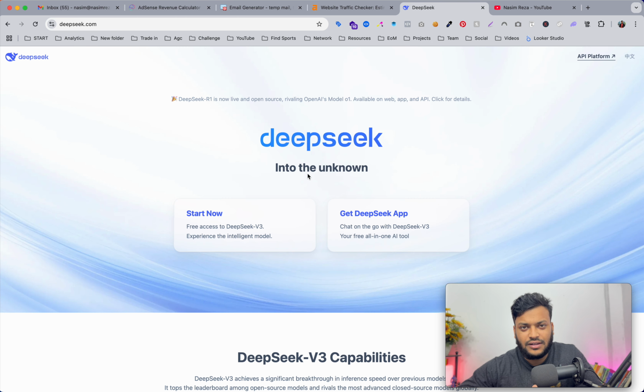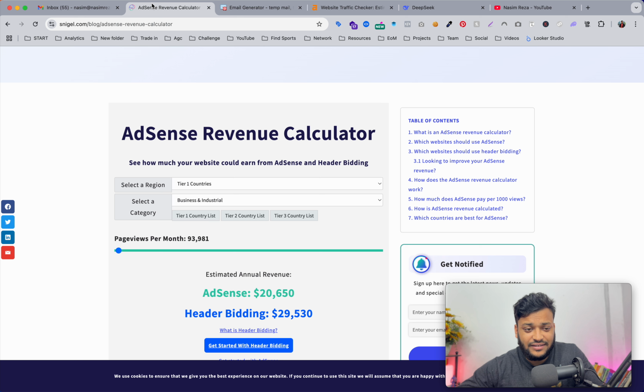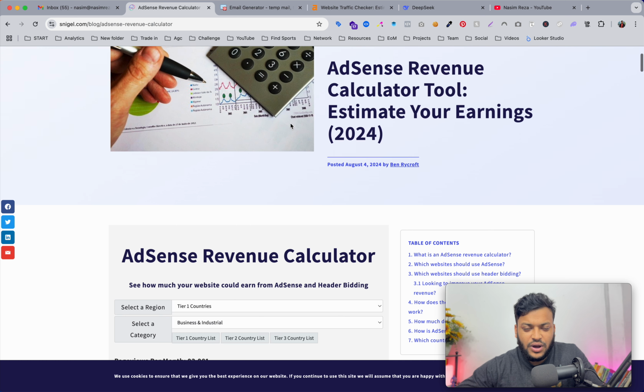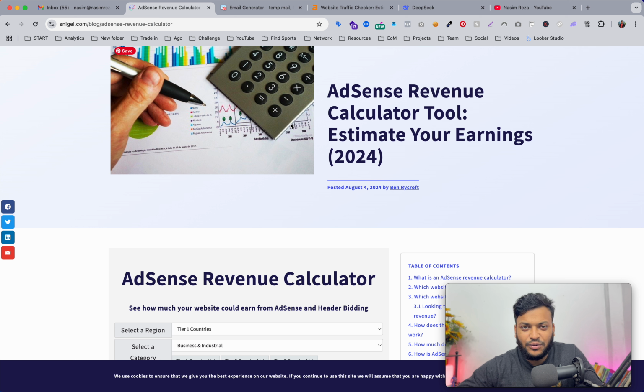DeepSeek, you have already heard about it, is a very rich AI tool. If you write a prompt with the URL, like, hey DeepSeek, I want to make a website like this, DeepSeek will make the website for you. It's completely free. You just need to do some finishing tasks. Then you can do some SEO tasks on Google, and if you get rank, you can make this kind of money, and this will be passive. It's very interesting. When I found this, I realized one simple strategy can make you a lot of money.